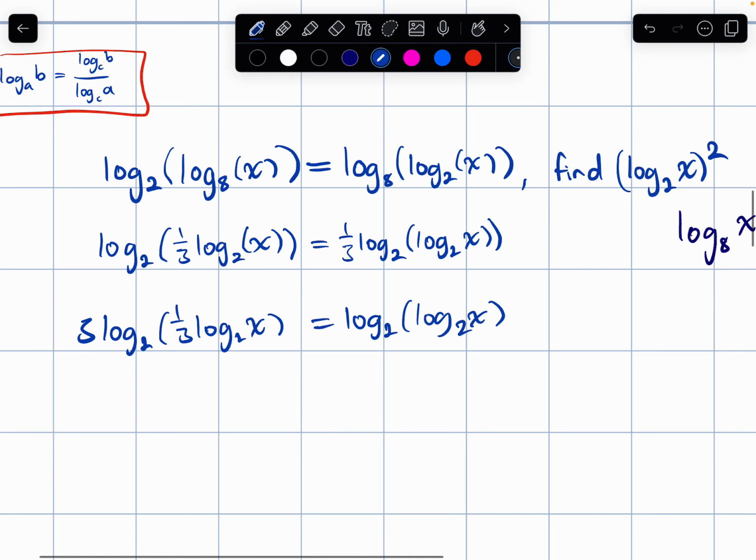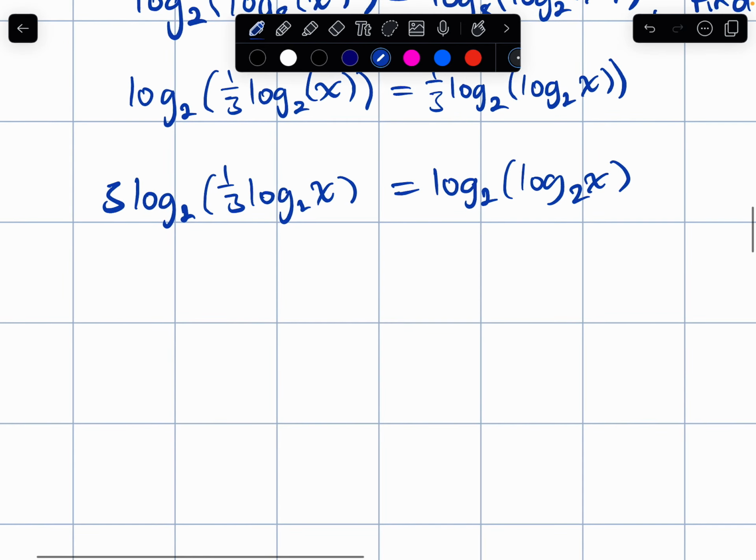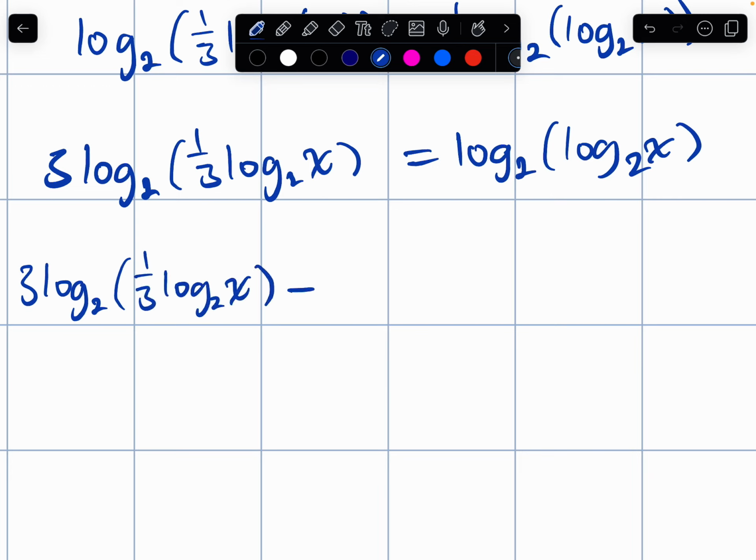And then just subtract everything over to one side, I think is the easiest way to do it. There could very well be another way, but I don't know of it. So 3 log minus